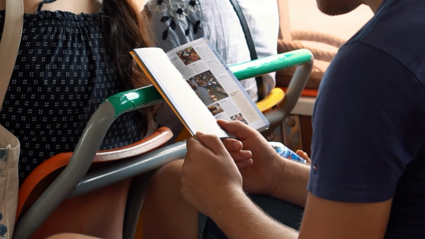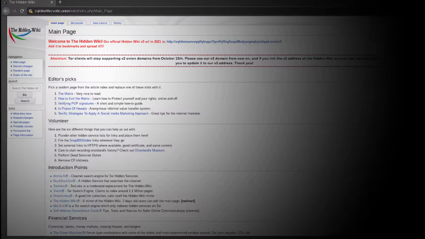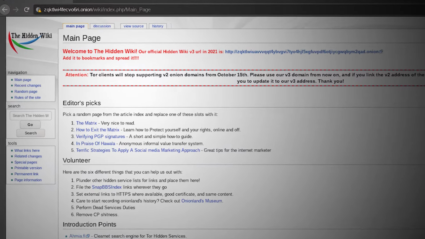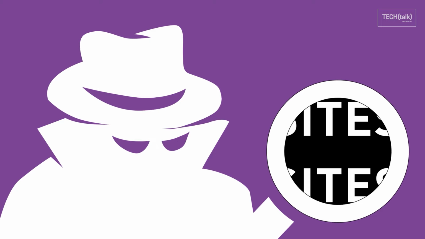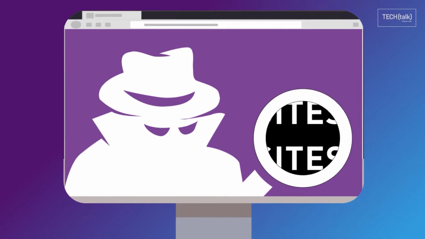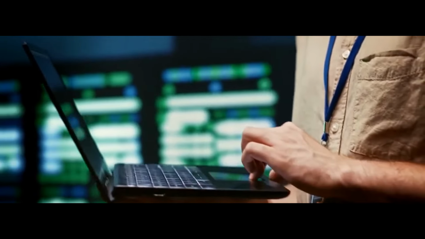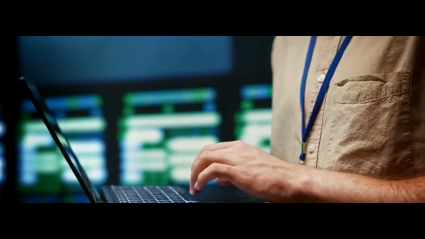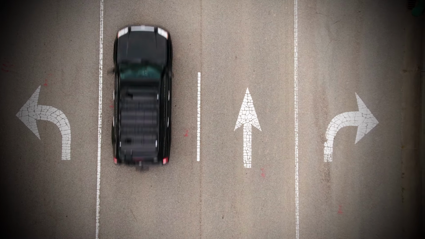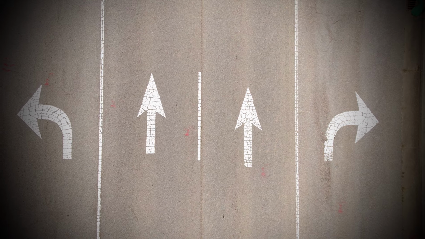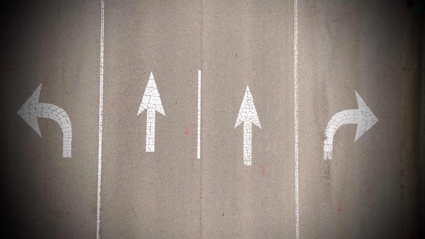Acting as a guidebook for many newcomers to the dark web, the Hidden Wiki provides links to a variety of services and websites, both legal and illegal. It's a starting point for many curious about the dark web's offerings. While some links might lead users to harmless forums and niche communities, others direct them straight into the world of illegal trade and underground services. For many, their journey into the dark web starts with the Hidden Wiki, which offers a roadmap of sorts, guiding them through the myriad of concealed alleys and byways.